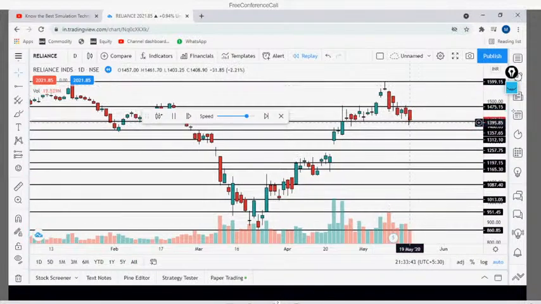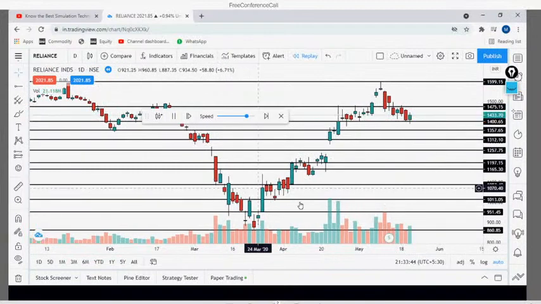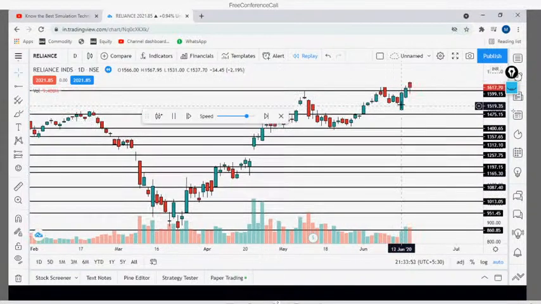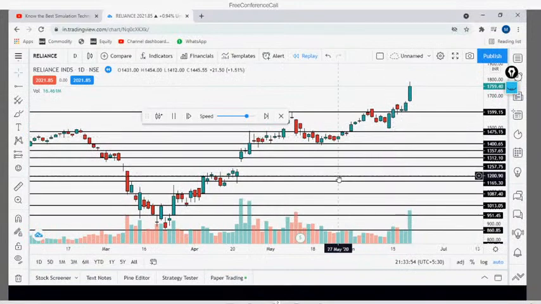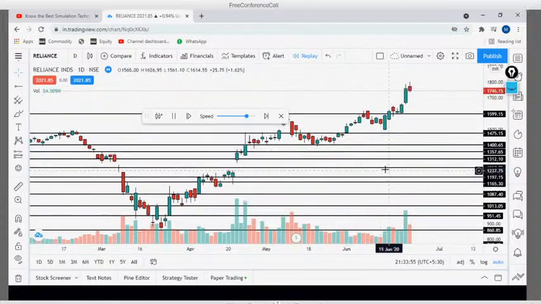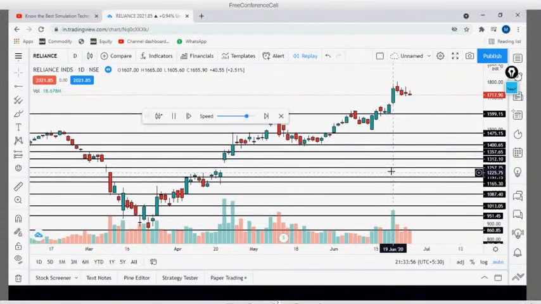You can see here all the same levels. I did not change anything. I'm just adding. If it is making a new high, I'm just adding that level. That's it. See how beautiful it is working. Same levels. Okay, got it. Now we stop. Let me close it. Okay, we'll see any other one.